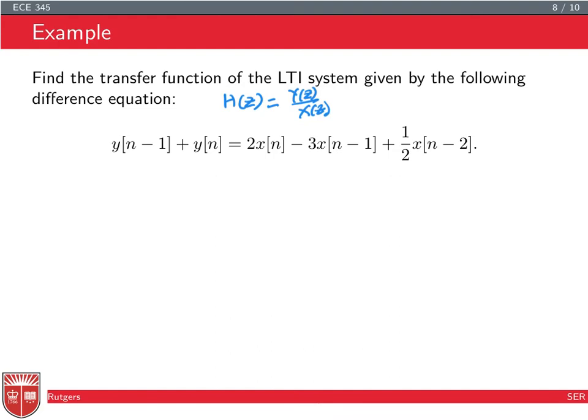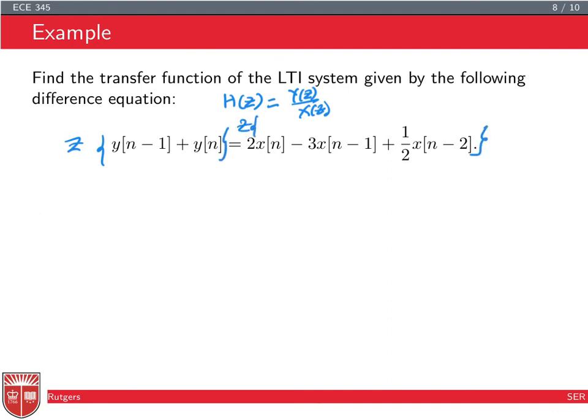So what I can do is take the z transform of this equation that ties together the input and the output, and if I do the z transform on the right or on the left, then the z transform of this is going to be equal to the z transform of this,